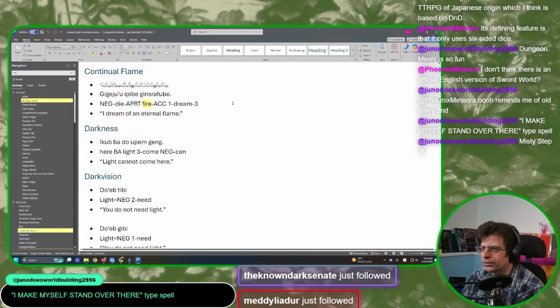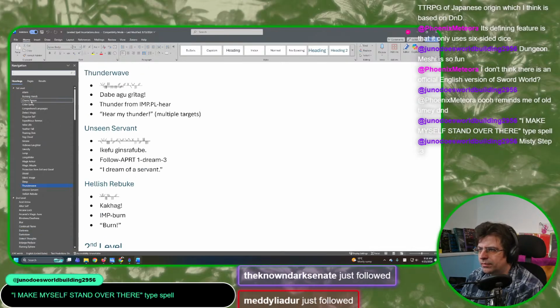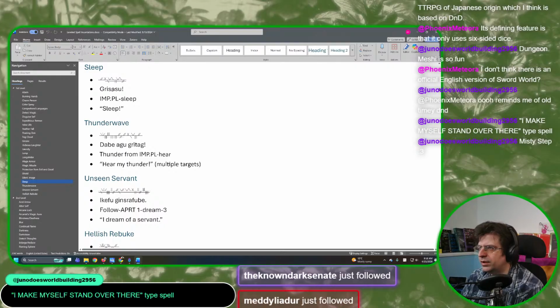Firebolt. Where's Firebolt? Oh, Firebolt is a cantrip. But something like sleep, grisasu, it's an imperative. You go to sleep. You do get some things that are a little bit off, like Thunderwave. I could have gone with like I make thunder or something, but instead I went